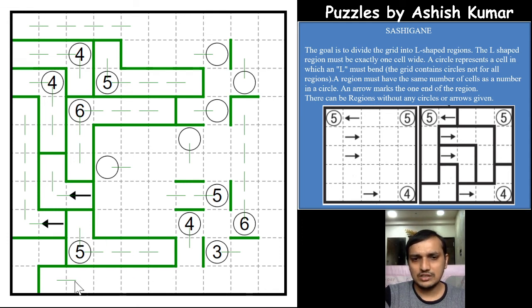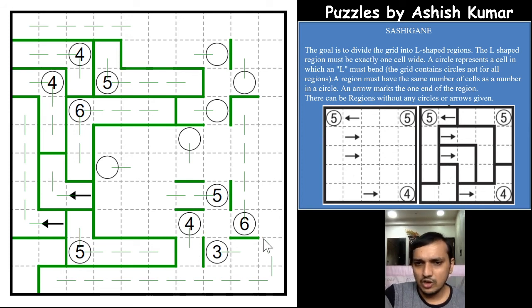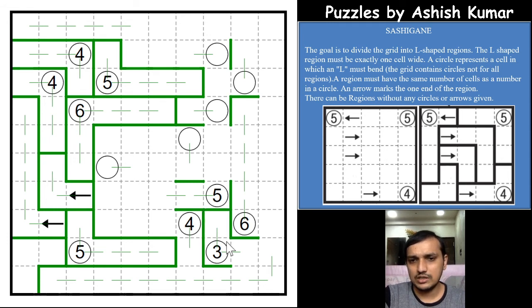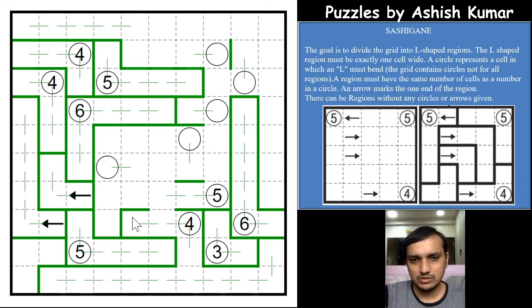So if you see this cell, it has to extend to form an L. It cannot form an L here because the bend should occur at the 4. Let us extend more, and we have formed an L here. We will not stop it here. We are not sure if it is extending still more or stopping here. So let us not mark the thick line here, and the 3 will extend to form an L-shaped region, which makes the 6 go left, and we have stopped here logically. So the 6 cell region is also done. The 4 cell region is also done.